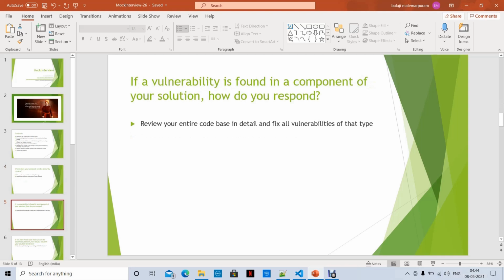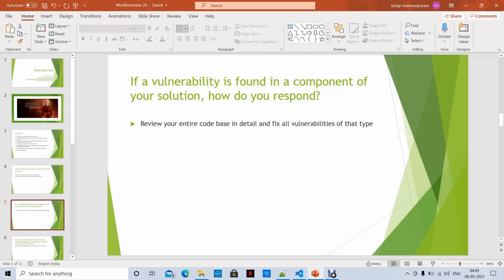If a vulnerability is found in a component of your solution, how do you respond? The first thing is you have to review your entire code and fix all vulnerabilities of that type. For example, if they say you have written a SOQL query in a for loop in a particular component, then you have to check all your code, all your components, wherever you have SOQL queries, whether you have written any SOQL queries in a for loop other than this component, not only that component.